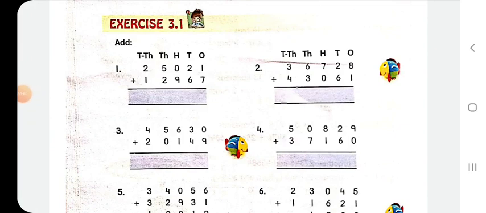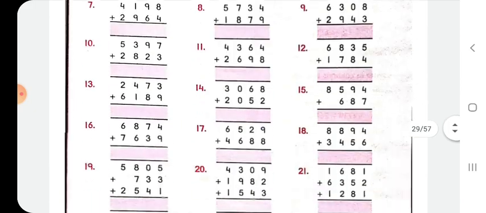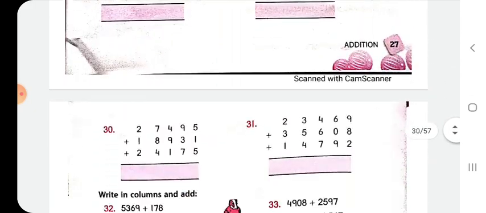Hello students. Yesterday we started exercise 3.1 after the introduction, and we did the basic addition. I told you some examples of 4 digit and 5 digit numbers along with regrouping or carry. I have given you homework to do questions up to 31 in this book only. If you don't have any book, then you will do it later, and till then you can do some sums from the book in your notebook.